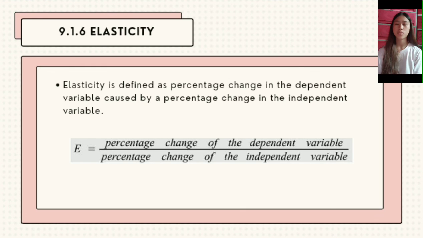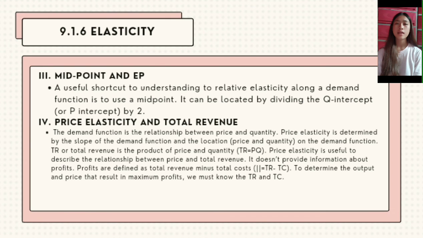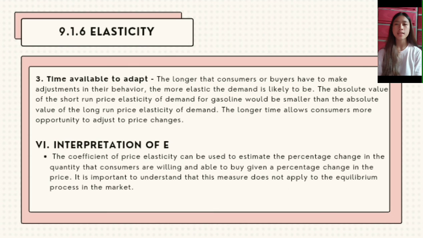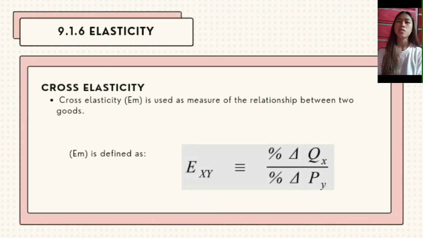Elasticity is the one that measures the percentage change ng isang economic variable na nagpapakita or ito yung nagiging basihan kung may pagbabago dun sa iba. Gaya ng kapag yung price elasticity of demand ay negative 2, it means na if tumaas ng 10% yung price, magiging dahilan ito upang yung quantity demanded ay bumaba or mag-fall ng 20%. Halimbawa, sa candy kapag nagmahal siya, kung dati 1 peso per piece, ibig sabihin madami ang mabibili. So, kapag tumaas siya ng 5 pesos per piece, ibig sabihin, konti na lang yung mabibili.